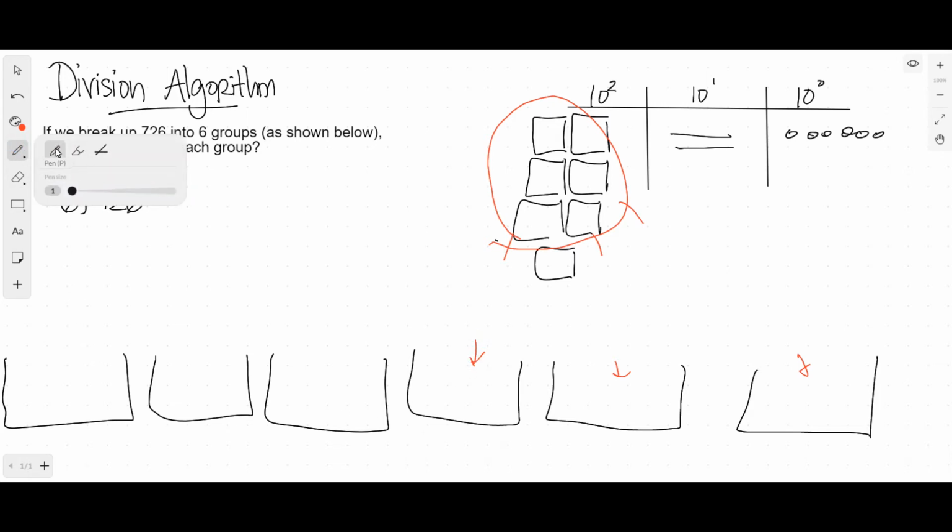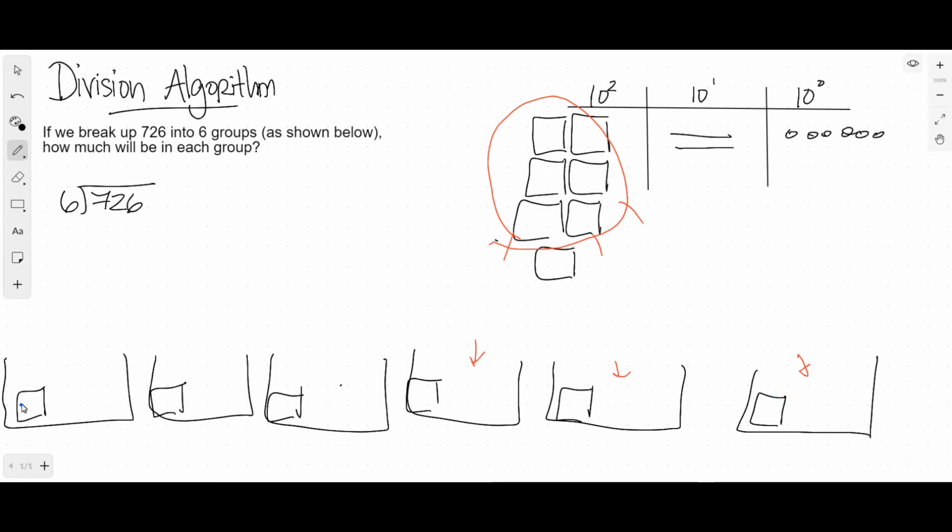But what ends up happening is that I have within each one a group of 100. So there's 100 in each one. And these are now gone because they've been broken up. That's how you can think about it. They're just kind of sitting on a table and you split them up,